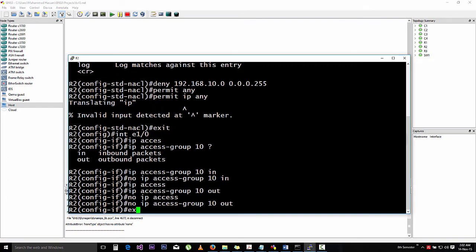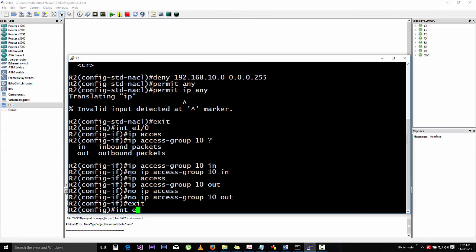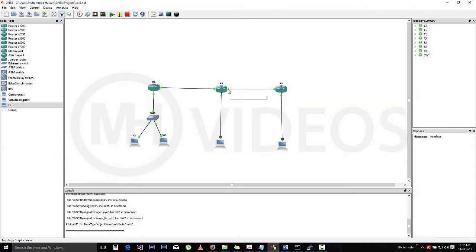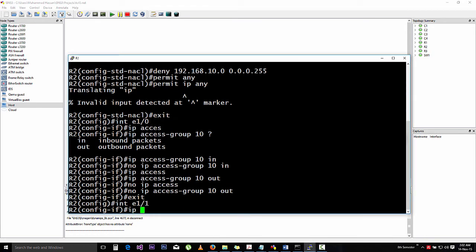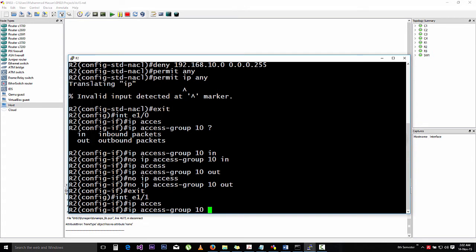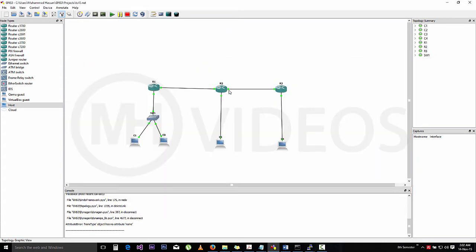I'm going to move towards the interface E11, I guess. E11. Yes. E11, and I will say IP access group 10. And then now for this interface, the examining should be done on outgoing packets, because the packets will move